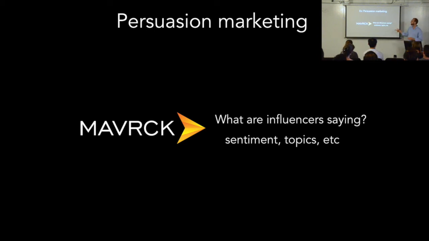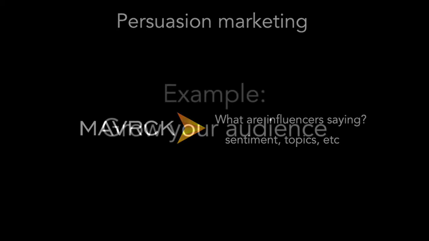There's a customer of ours, Maverick, that wants to do this kind of thing as well: influencer analysis, reaching out to influencers in a particular niche, finding what they're talking about, and running campaigns with them. How does Maverick figure out what everybody on the internet is saying and who the influencers are? You can quickly peel back the layers and realize maybe they're doing sentiment analysis. They need some idea that this person was talking positively about this product, and this product is about triathlons or sports. You can start thinking about how you would do this. They do Facebook campaigns, is how they do it. This one's kind of cool.